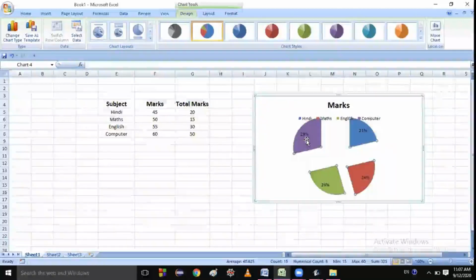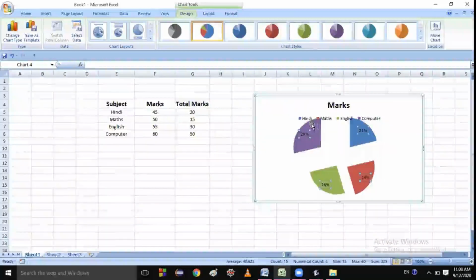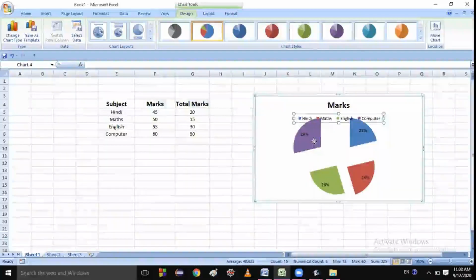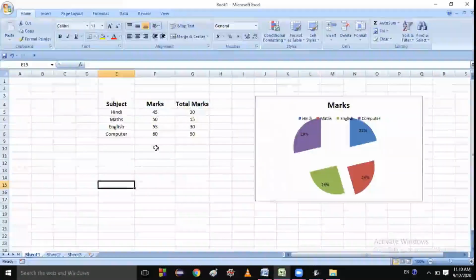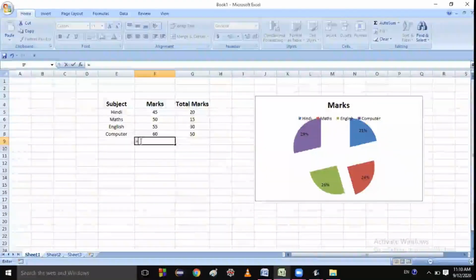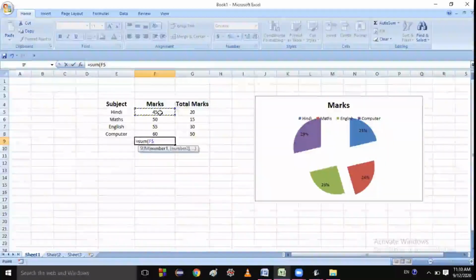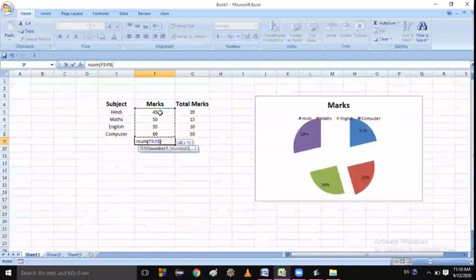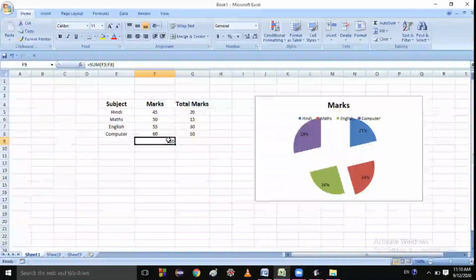So these are the percent. Just watch here whose percentage is greater. You can see here 29%, and 29% is which color? Computer color. So 29% is greater. Okay. Yes. If you add these numbers, let me write the formula over here, equal to SUM, and if I do selection like this one and press enter, you got 210. Is it clear to you? You got the answer 210.